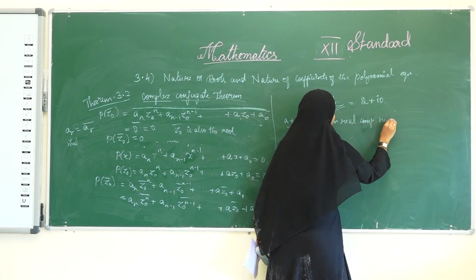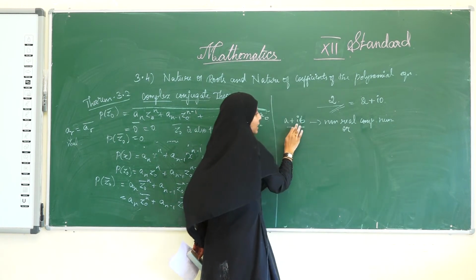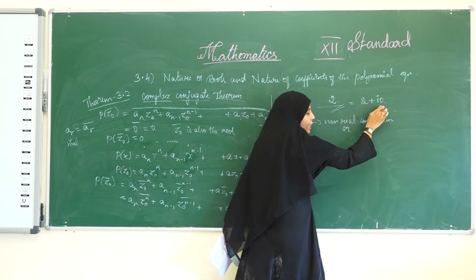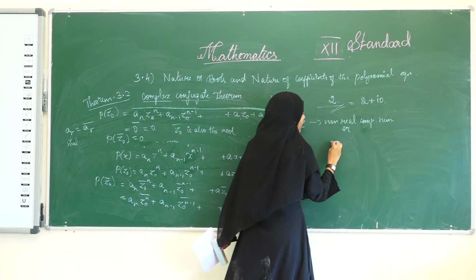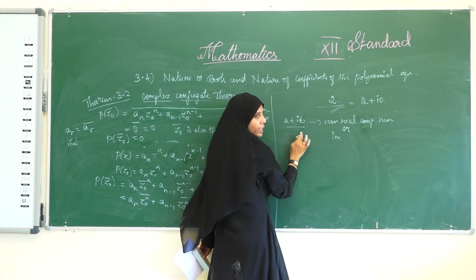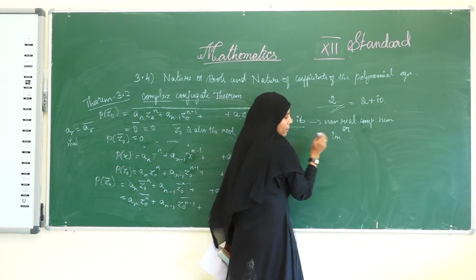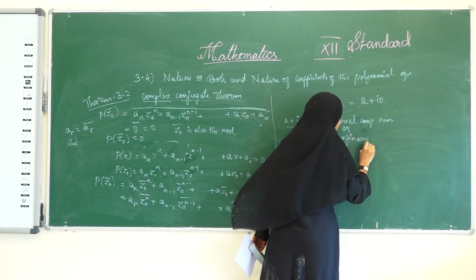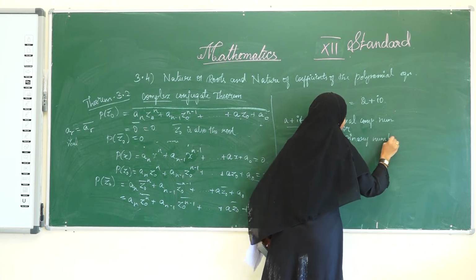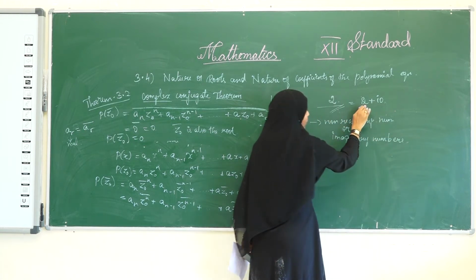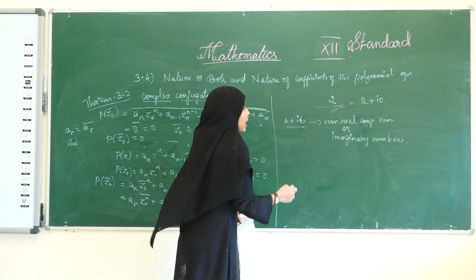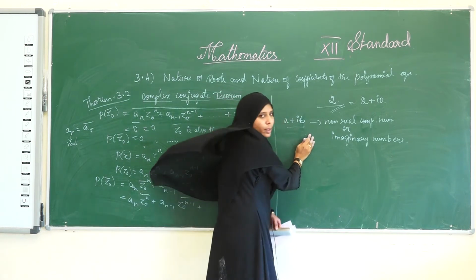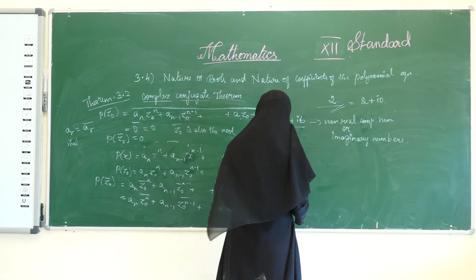Complex numbers are, see, this has the imaginary parts, but here there is no imaginary part. Therefore, it is called this part, a plus i beta. This type of number is also called imaginary numbers. For differentiating this type of complex number and this type of complex number, they have said this is a non-real complex number, or they have said this is an imaginary number.